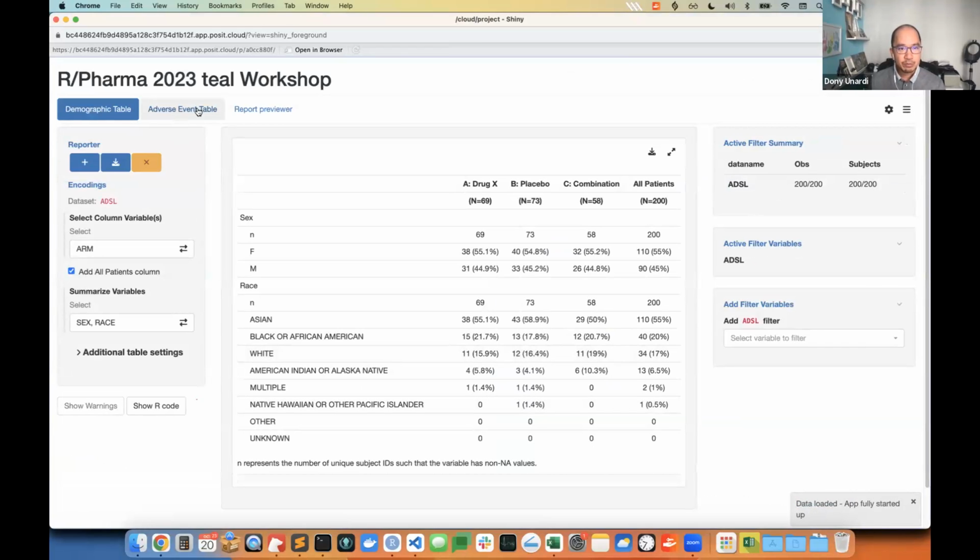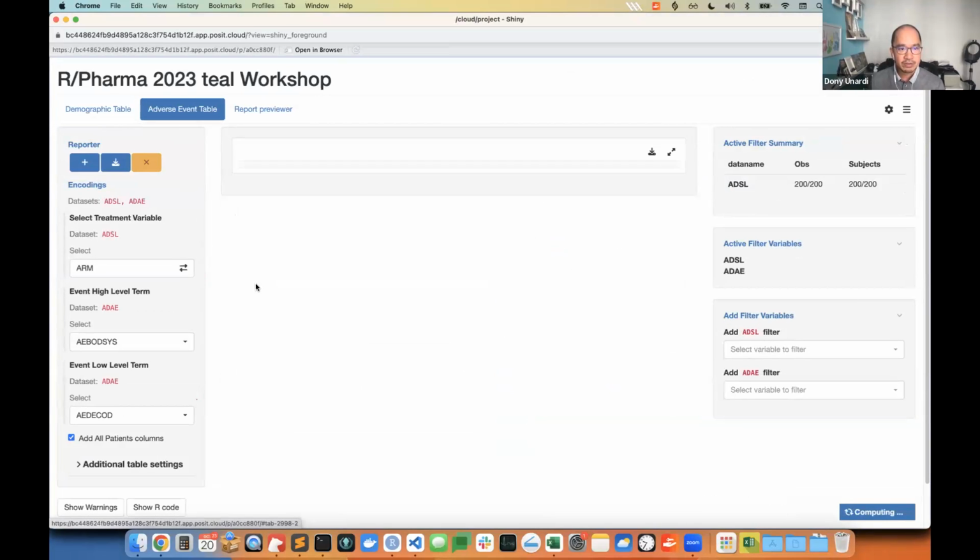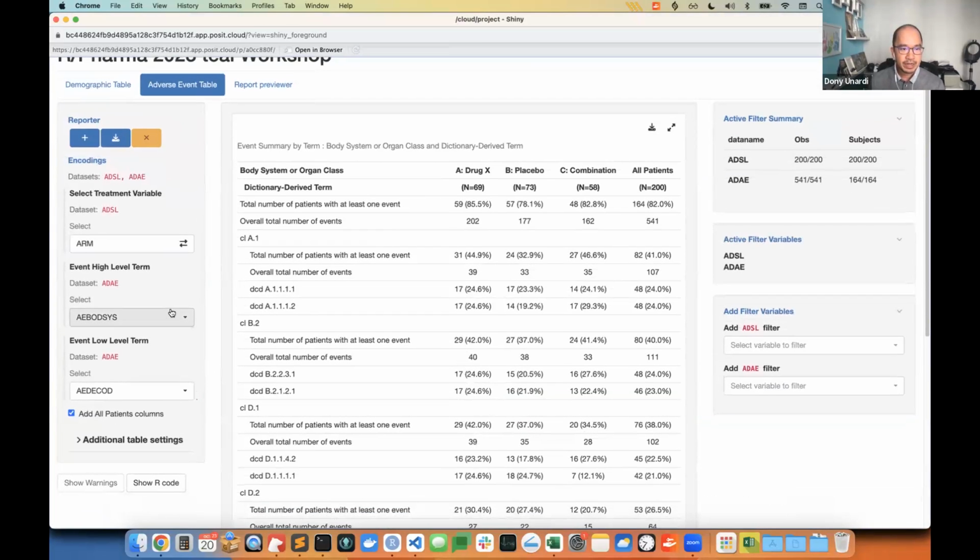And we have a second module, right? So the first one's demographic. This is our adverse event table. Perfect. So look at that. All right. So if you see here, on my high level term and low level term, it just says